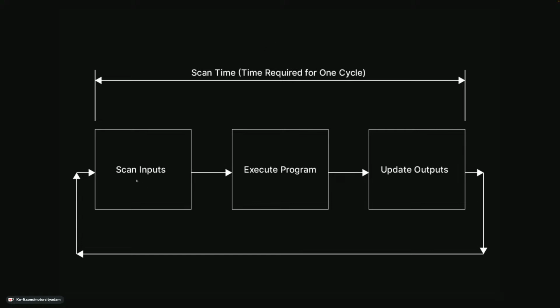The inputs are scanned inside the controller, the program's executed, and the outputs are updated. The time that it takes to do that is known as scan time. Again, it's like 3 to 50 milliseconds, so very fast. And then the loop begins all over again. Inputs are scanned, execute program, update outputs again. Every, could be 3 milliseconds, just like that. And what needs to happen there in real world industrial applications is that you will want to